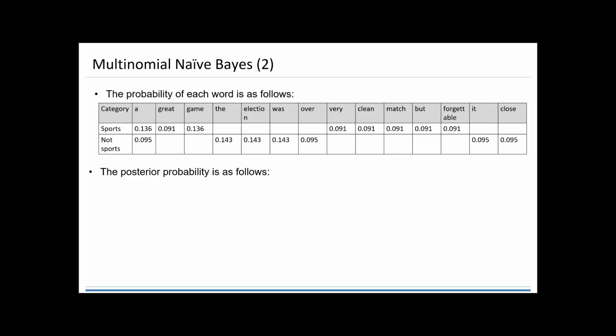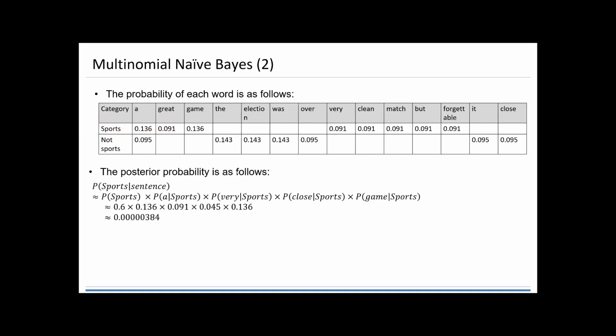Okay, so we have that one. We have the probability for each of these words, and we plot it into this table. So this is the word sports, and this is the probability for grid. This is the probability for game, and so on. Okay, so I didn't put this one. I hope that you can understand that this is with the Laplace. It means that you can have the numbers. So you can calculate the numbers by yourself, and we can calculate the